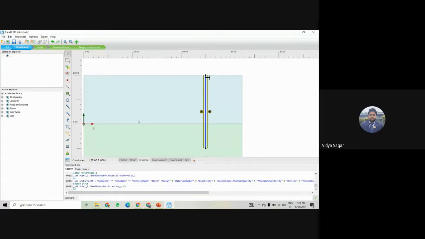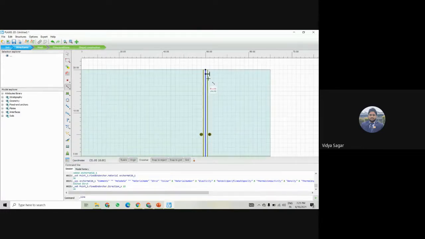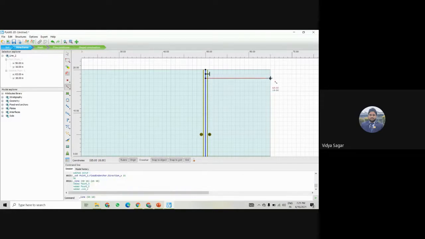So the next is I have to create the levels of excavation. So for the first level of excavation, I create the line. I will start from this 15, 18 to 65, 18. First I'll create from here.